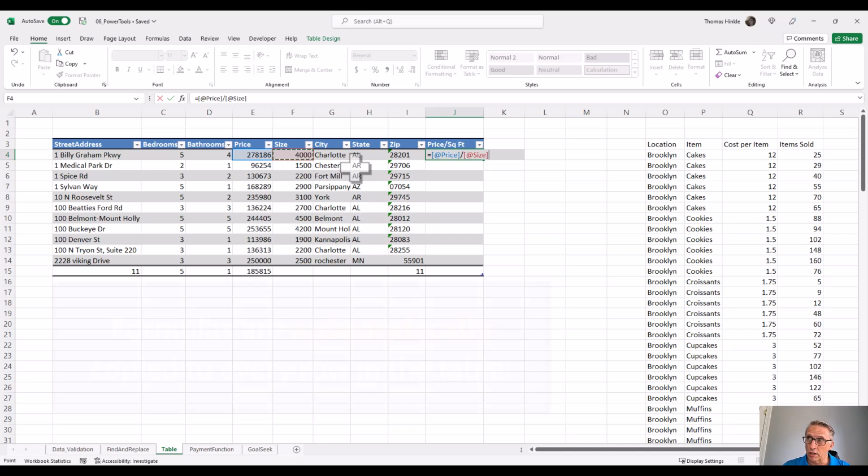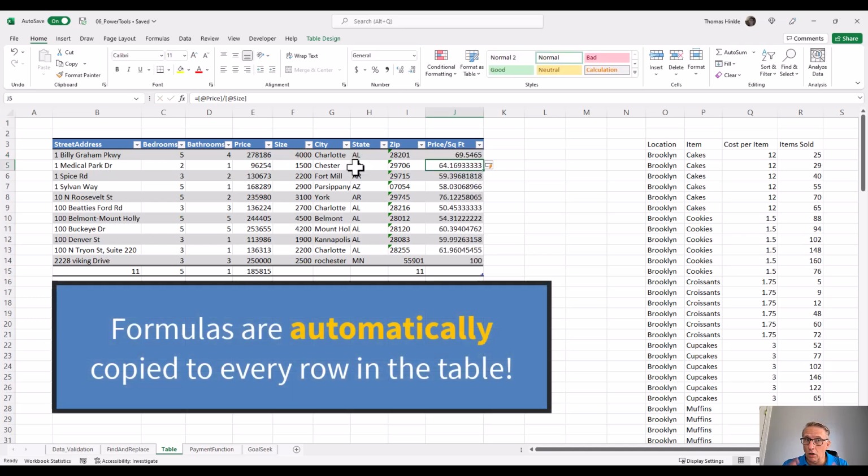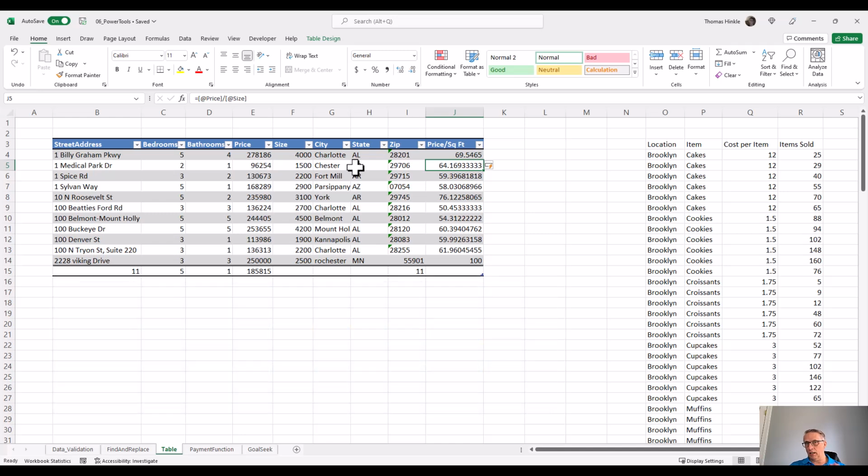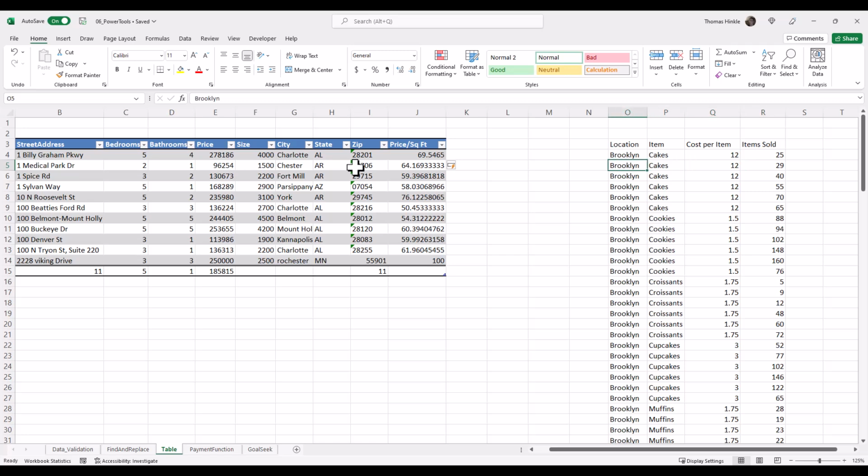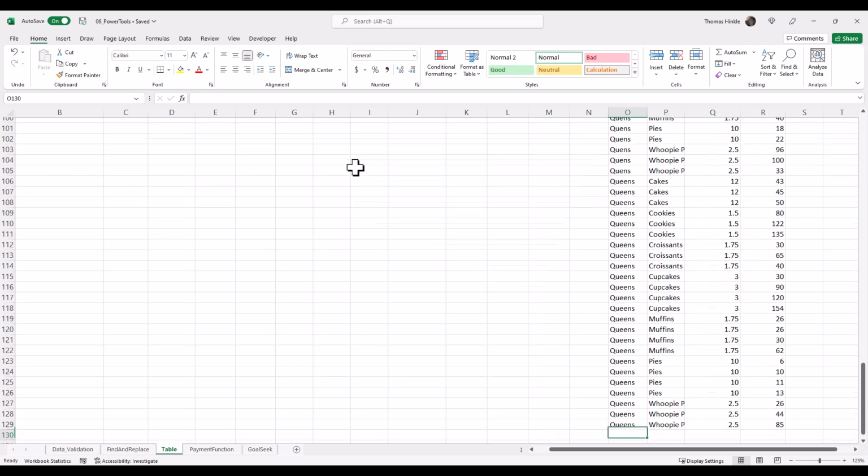Now when I hit enter, watch what happens. It automatically copied it down. Because you have a table, if you put a formula in, Excel automatically carries it to the bottom of that table. Now, we haven't made it an Excel table yet, but let's look over here real quick at our other table. So this table goes down to row